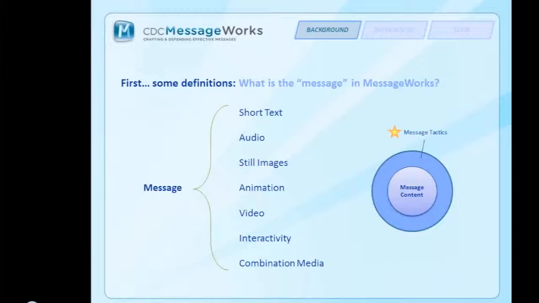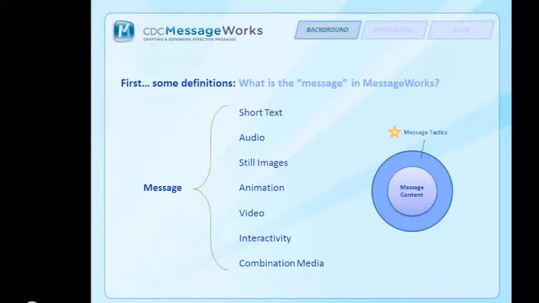Now, the other question we often get is, well, we'll just use this algorithm and it's just going to solve all our problems. We don't really need a creative team or maybe an ad agency if you're using it, or really don't have to provide much input because the tool does all the work for you. And as you'll find out pretty soon, that is not the case.